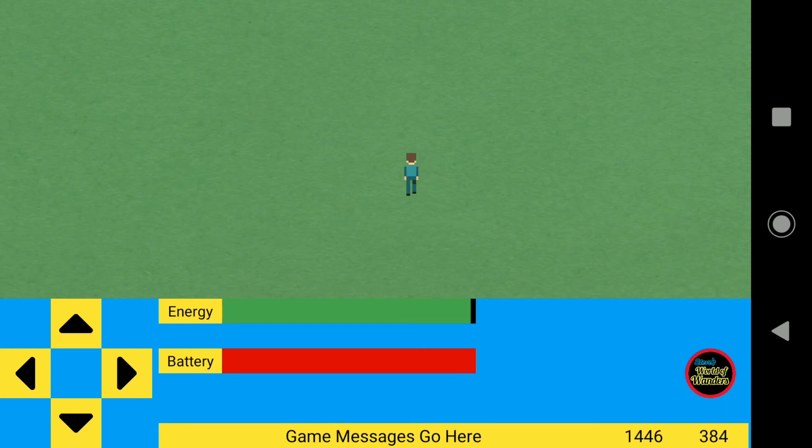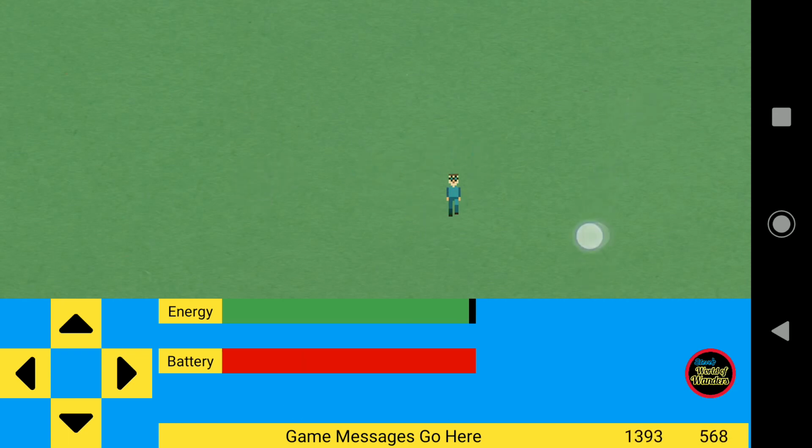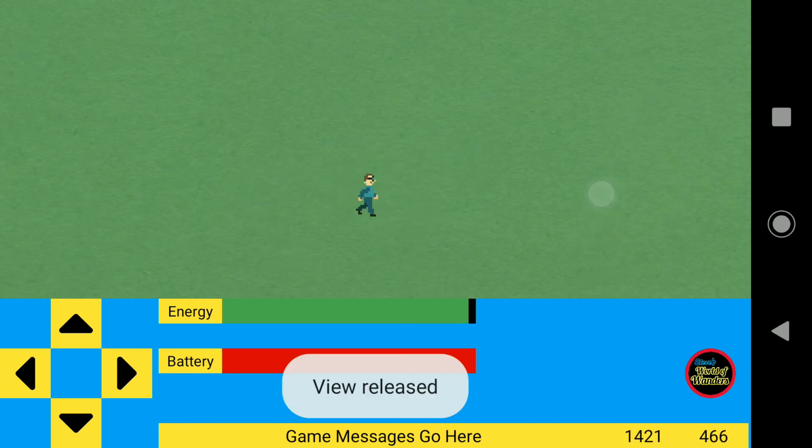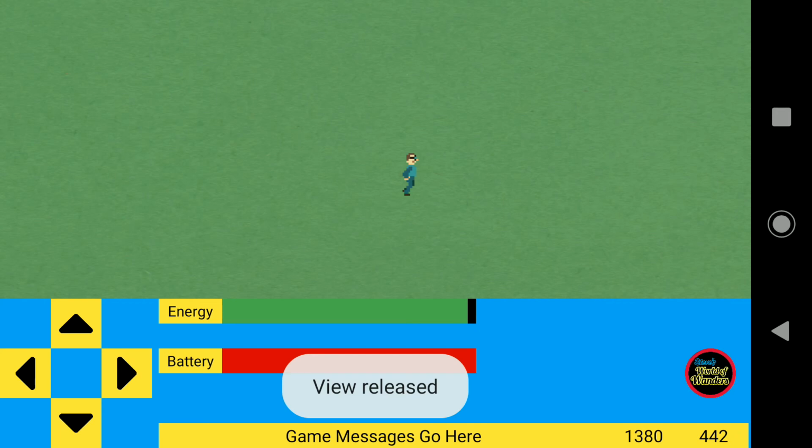I'm not sure. Let me know what you think in the comments. Is it annoying if you don't tap anything for a while in the game? Is it annoying if he starts whistling like that? Or maybe he should have a different whistle. Maybe that's what's annoying me. Maybe it should be like an I'm bored whistle. Or maybe he should hum or